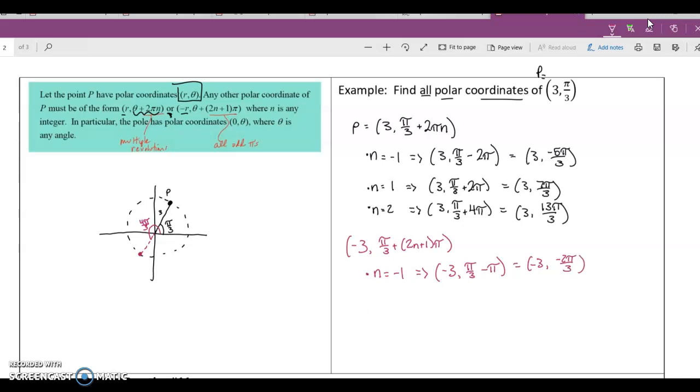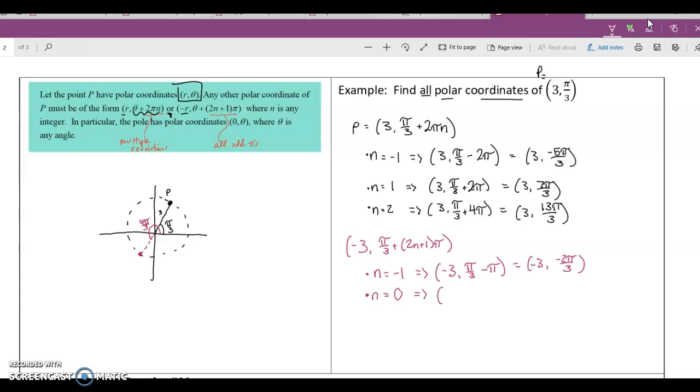So this would be saying, all right, we find our angle of negative 2 pi over 3 first, so we're going clockwise around the unit circle. We end up at this point here, and then since we have a radius measure of negative 3, we go out here, and that brings us to point P. So this works. If n equals 0,